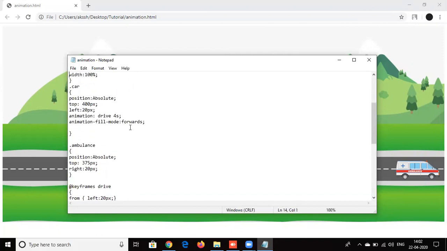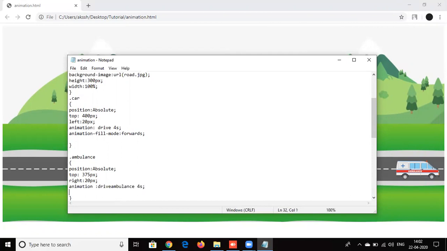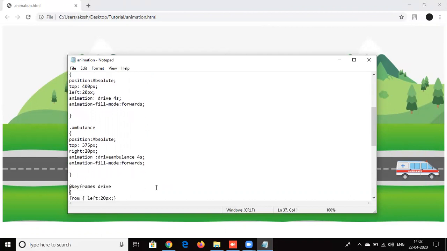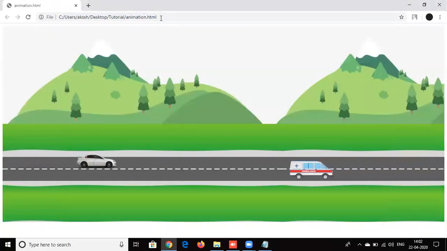Same thing, I'll have to give the ambulance my animation, the name of the keyframe, and it should take 4 seconds. Then animation-fill-mode forwards for it to stop over there. Now let's see, I press save.